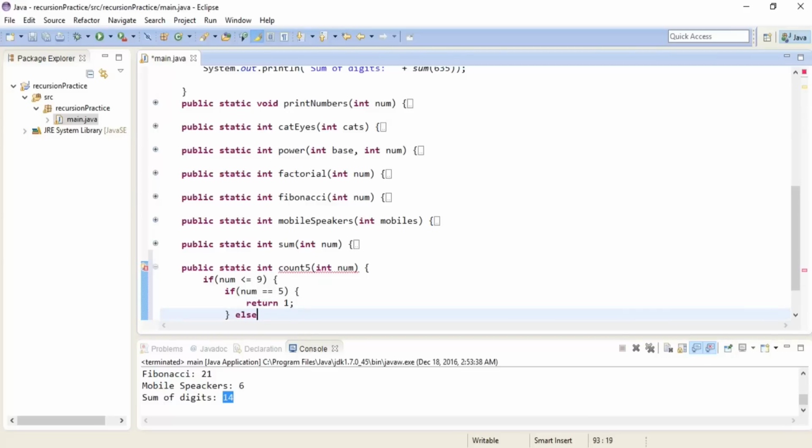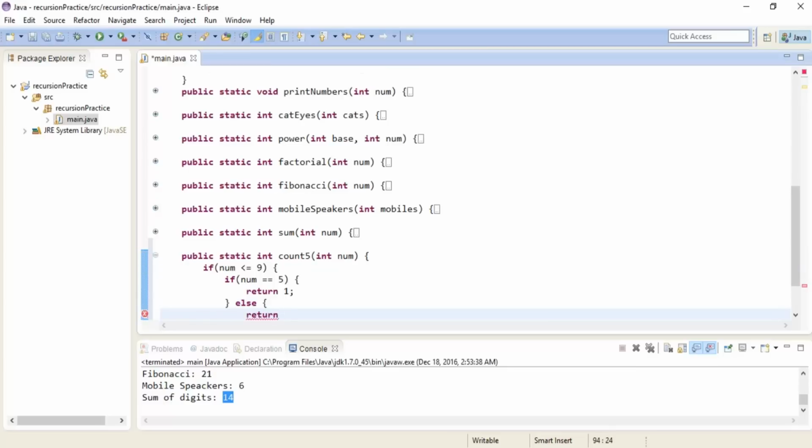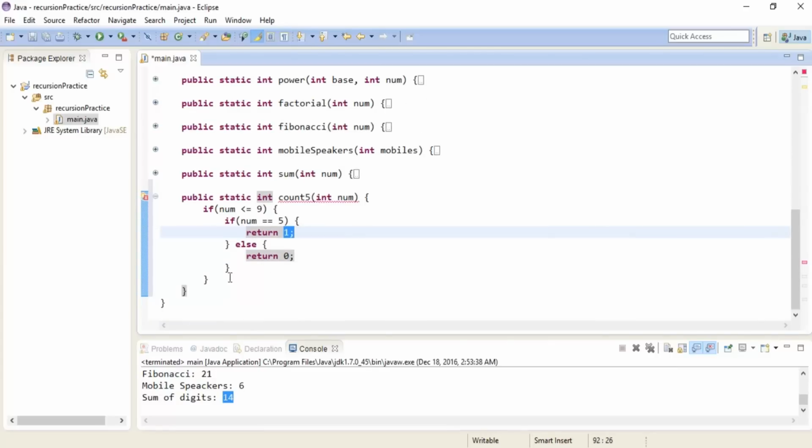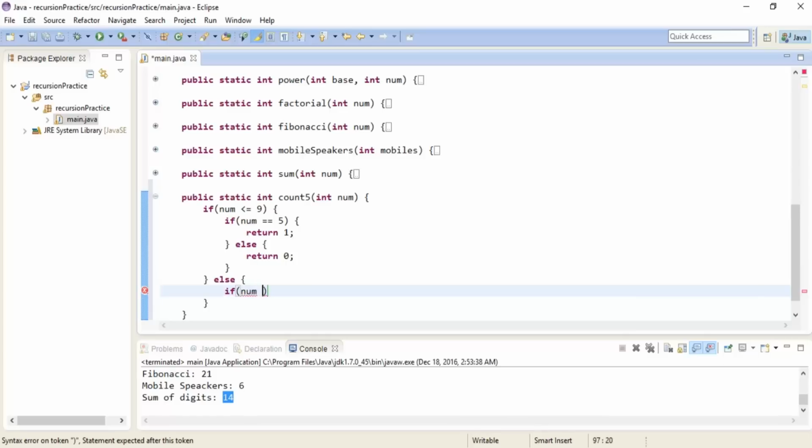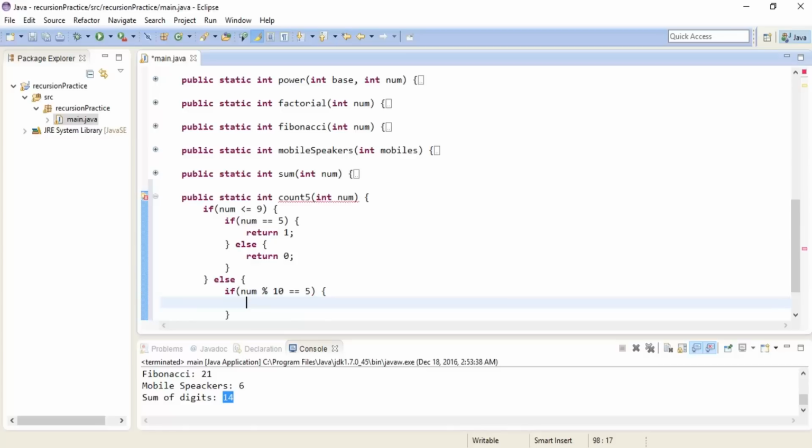And else, return 0, because if the digit is not 5, then I shouldn't add up that 1 inside it. Now our base case is done. Now let's check if we have a digit 5. So let's check if num mod 10 equals 5. So we are separating the last digit and checking if it equals 5, then return 1 plus